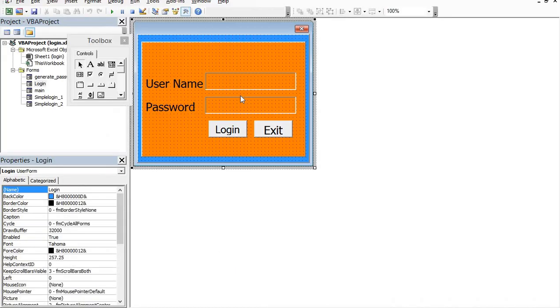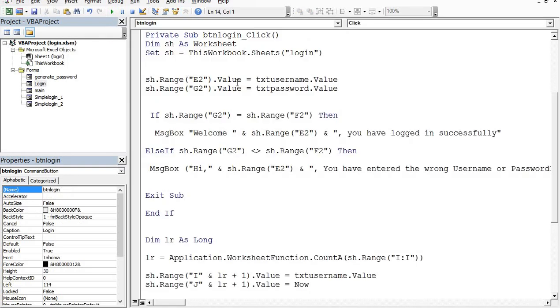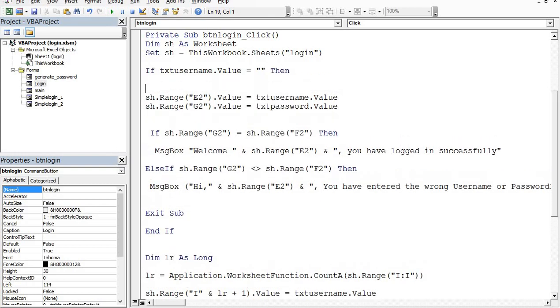So what we would have to do is to come back here and then write a validation code for the txt username and also the txt password. So let us go back and write validation code for the two. So to do that, we would have to write an if statement. So let's write if txt username dot value equal to empty, then